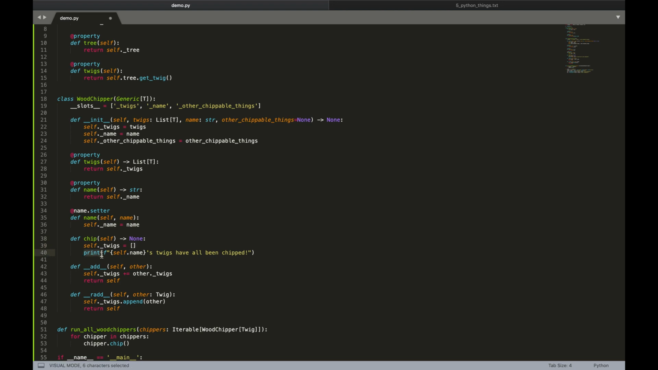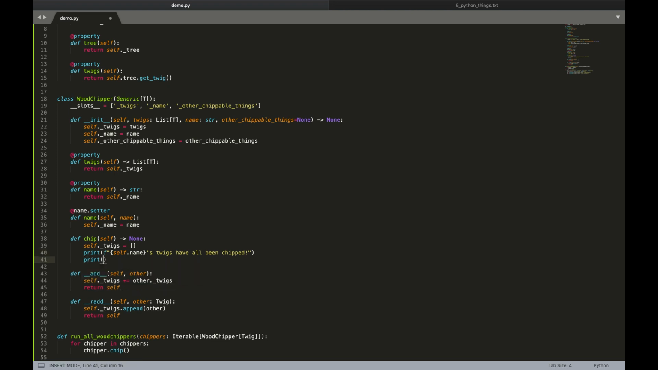And then we print that the wood chipper's twigs have all been chipped. So this is tip number 4. This is what's called a format string in Python. What it is, you can just insert Python objects or names or strings into a pre-formatted string without doing string addition, or if you've used Python before, you may have seen strings like this,